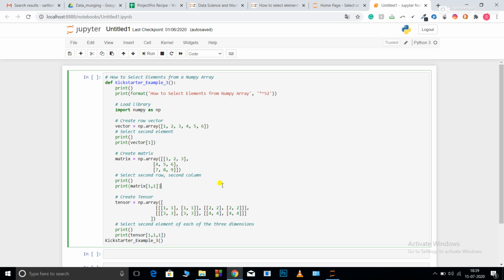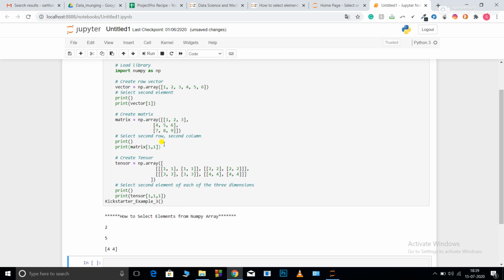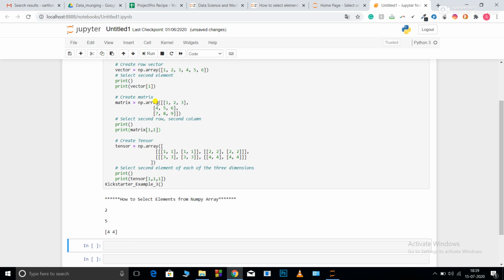Now about the matrix. So np dot matrix. Now I have defined a matrix. It is a 2D matrix, 3 into 3. Now matrix 1 1. See how the numbering of the matrix is done. This is 0, this is 1, this is 2, and for the columns the same.